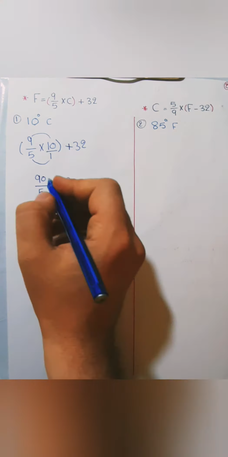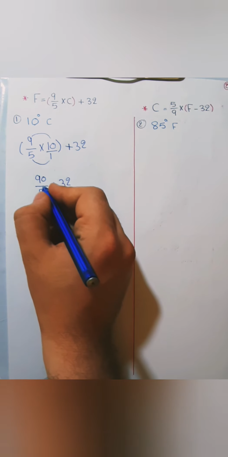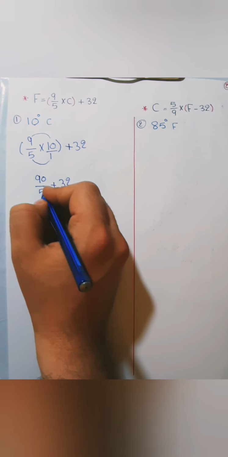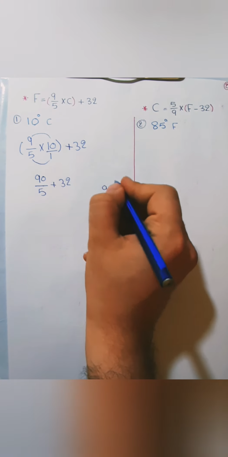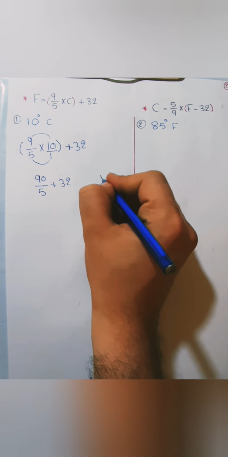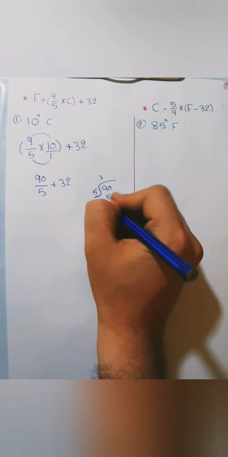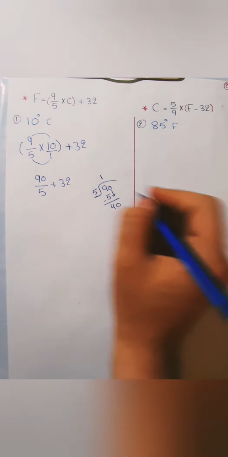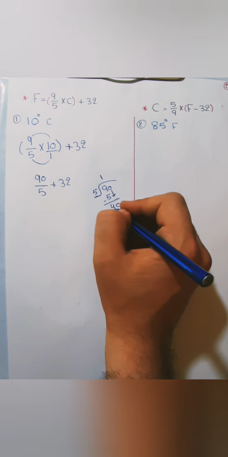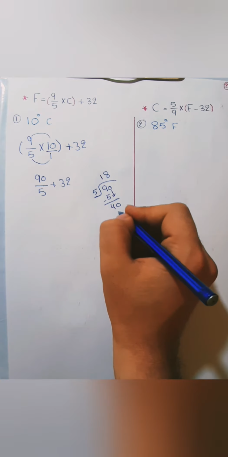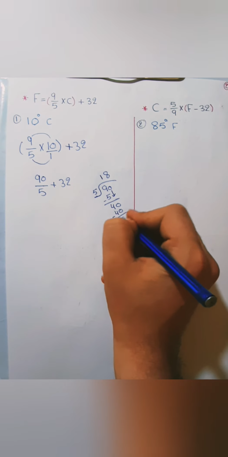We can change this fraction by dividing whole numbers. 90 divided by 5. How many 5s are in 9? We have 1. 1 times 5 equal to 5. 9 minus 5 equal to 4. And bring down 0. How many 5s are in 40? We have 8. 8 times 5 equal to 40. So